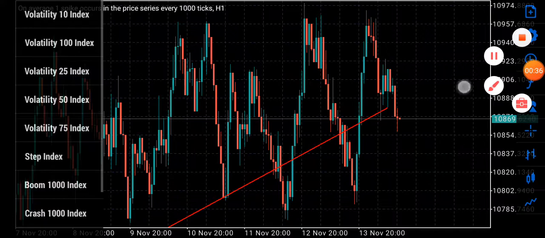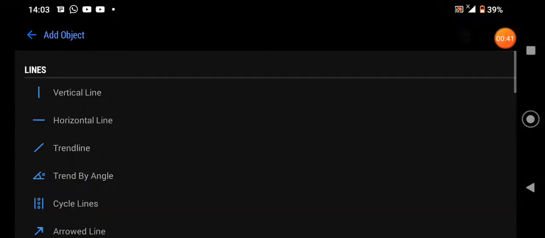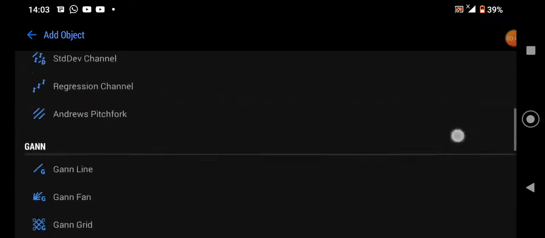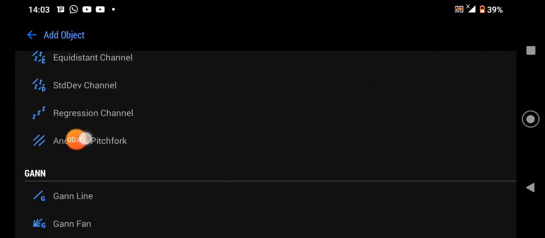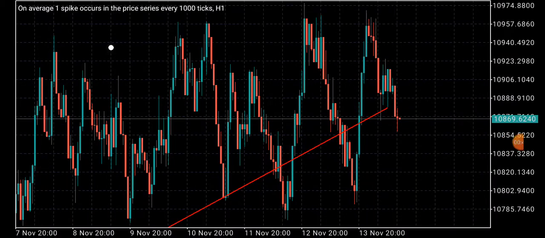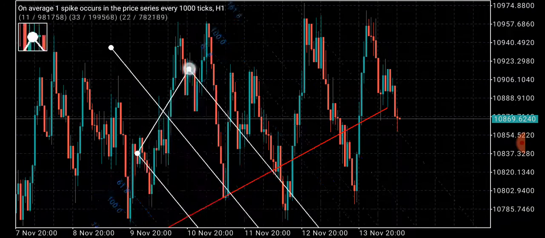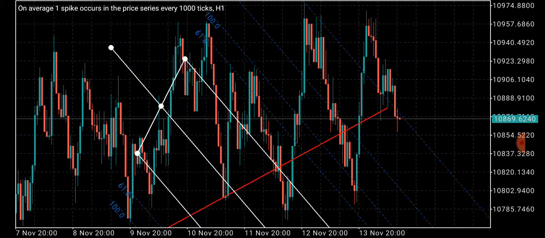If you want to add it, it's like simply adding objects, then you come here. This is it here, Andrew Pitchfork. Then you click it. It's pretty easy. Sorry, I'll be showing you how to draw it. How to draw it. Now, when you see